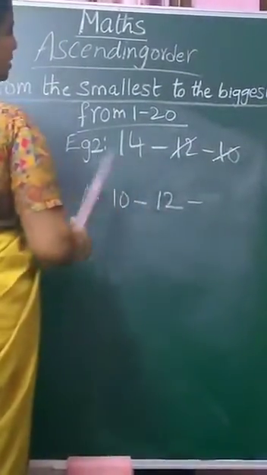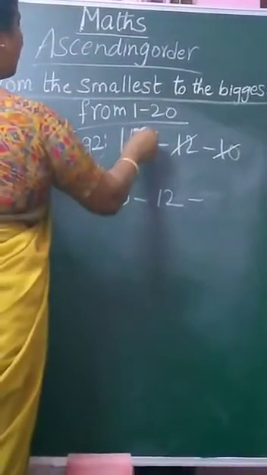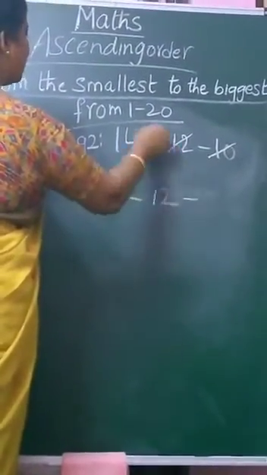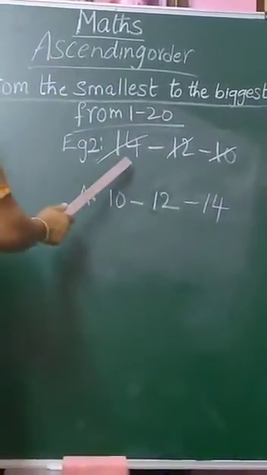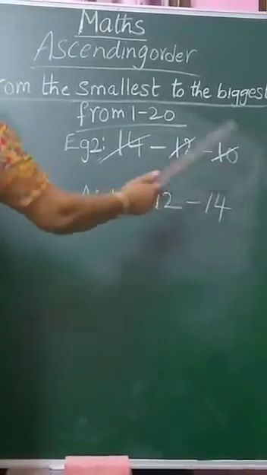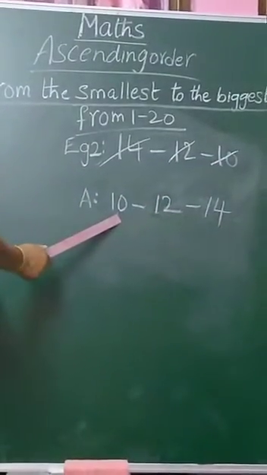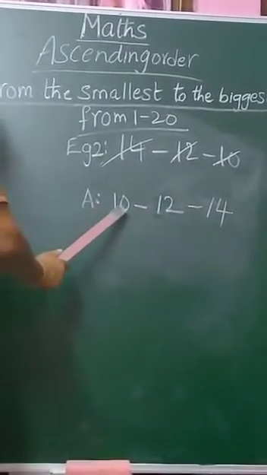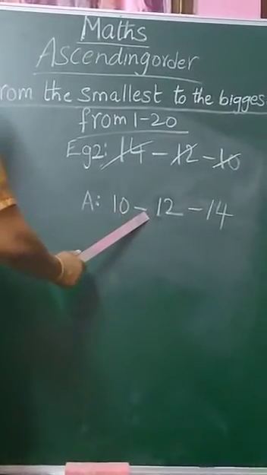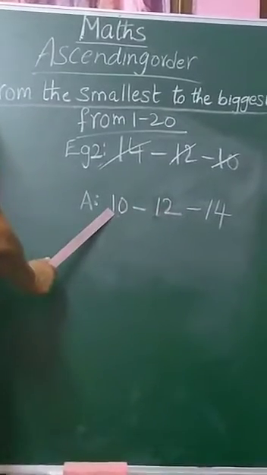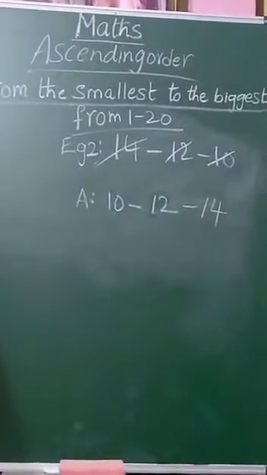12 after what number comes? 13 is also not given. So, I will go to the next number, 14. Before putting in the answer, just cut it here and put it in the answer. Once again, I will explain to you, children. Here, 3 numbers are given, 14, 12, 10. Out of these 3 numbers, 10 is the smallest number. Why? Because 1 to 9 numbers are not given. So I wrote it as 10, smallest number. Then after 11 is also not given. 12 is the little bigger than smallest number. Then after 14 is the biggest number. Okay?